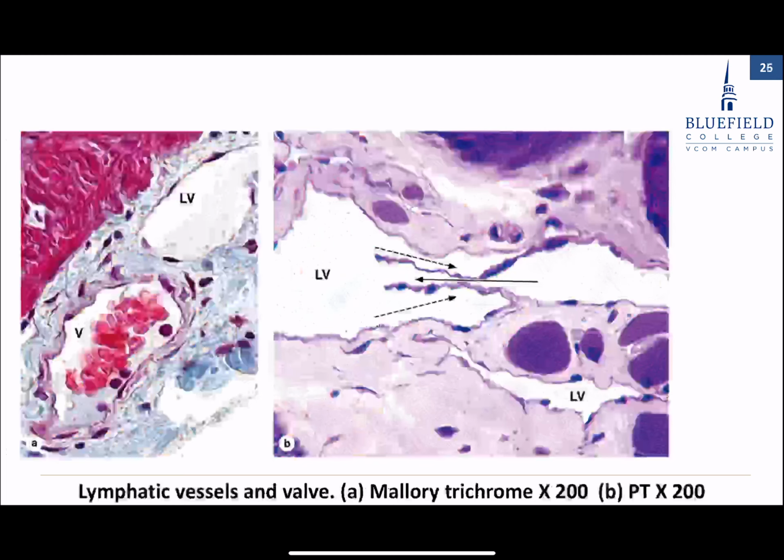Any questions at all on cardiovascular? All right, if not, let's go ahead and take a 10-minute break. And when we get back, we'll look at some